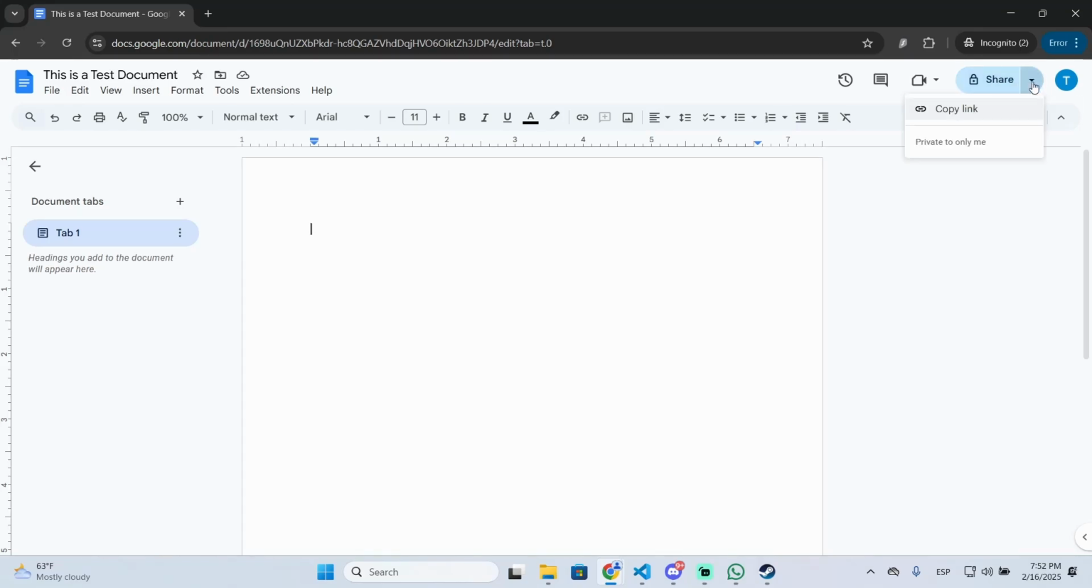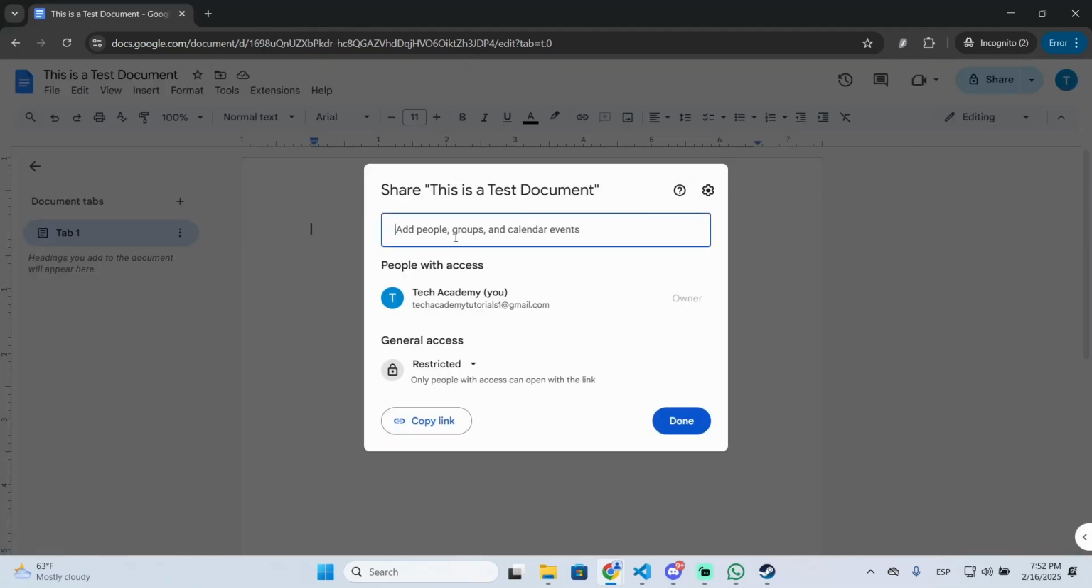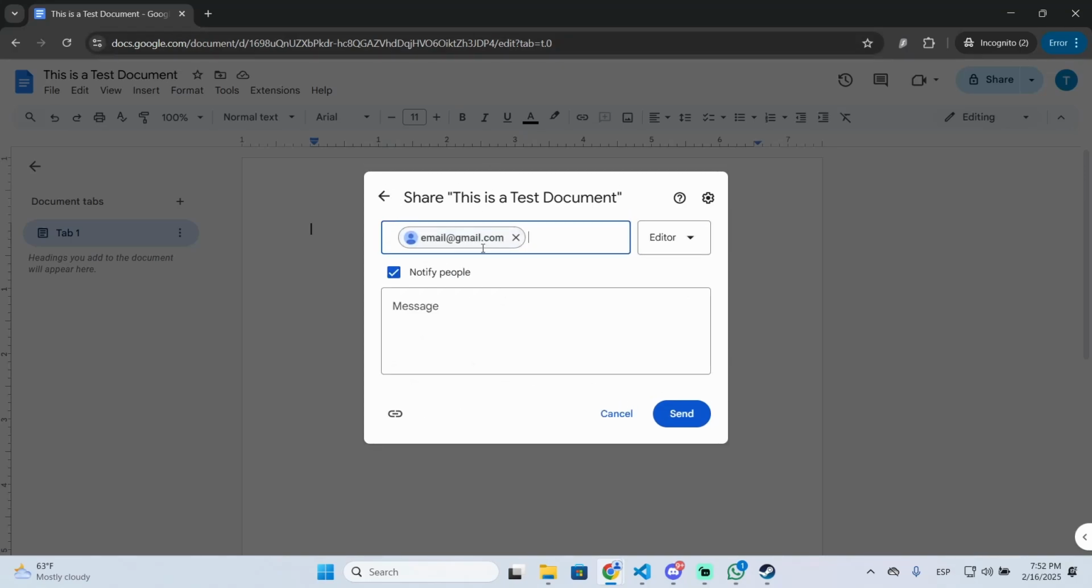You can click here or also here to copy a share link, but let's say I want to share it this way. Then I can add people or groups or even these two calendar events. So for example, I'm gonna put a test email. So if I want to share this document with someone, just type the email right here,